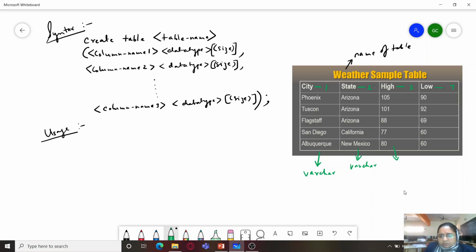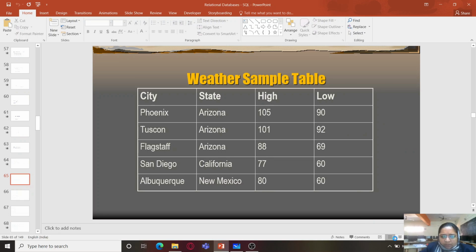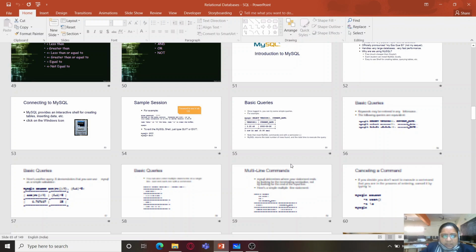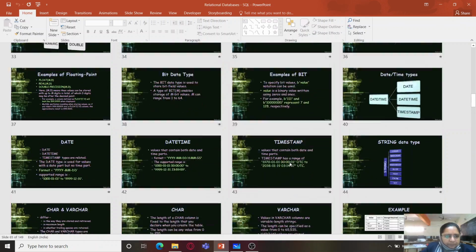High is usually numeric, so we will try to take a small int over here because its range is quite suitable. We'll just go back to that slide where we can see the sizes of integers.